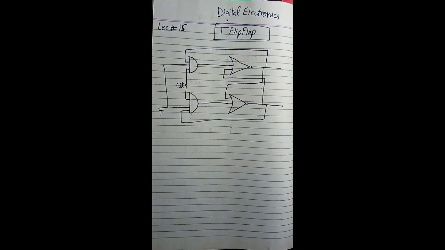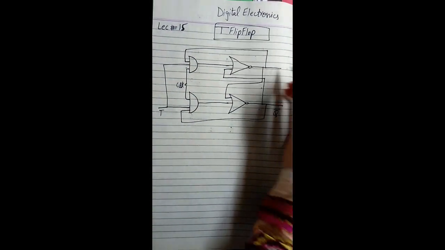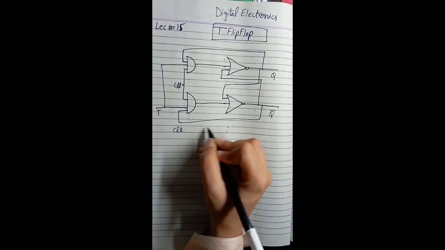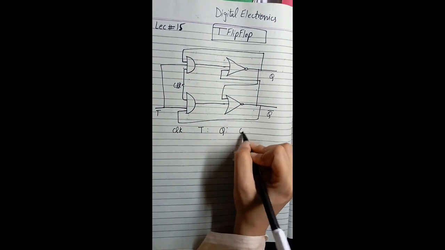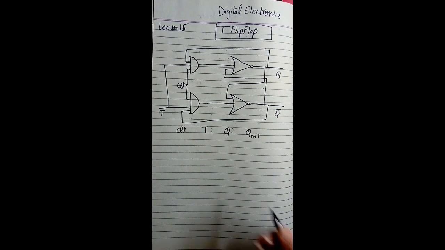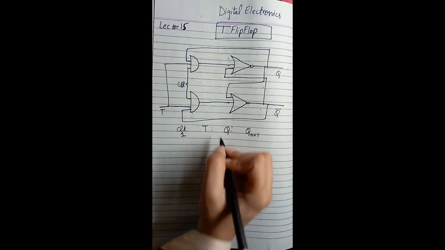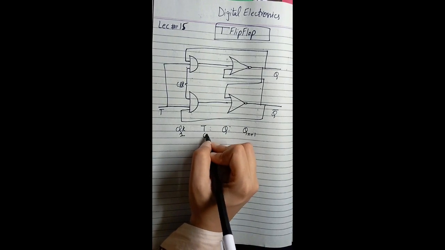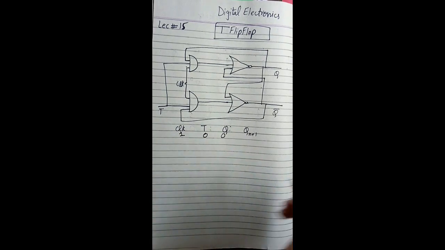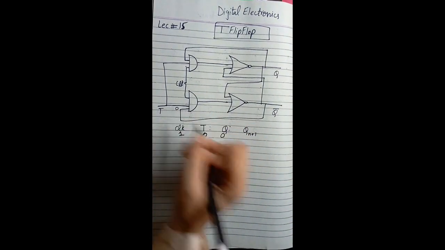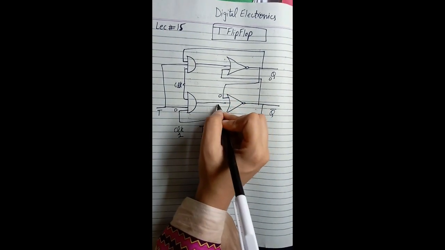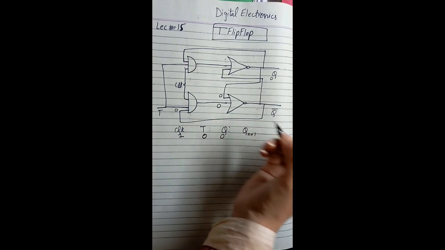Now we will start its working. This is our Q bar. This is Q. We will take it as clock, which is always 1, T, Q and Qn plus 1. We are taking the clock equal to 1, T equal to 0 and Q equal to 0. So when our T is 0 and Q is 0, here we have 1 and 0, it will give us 0. 0 and 0 will give us the output